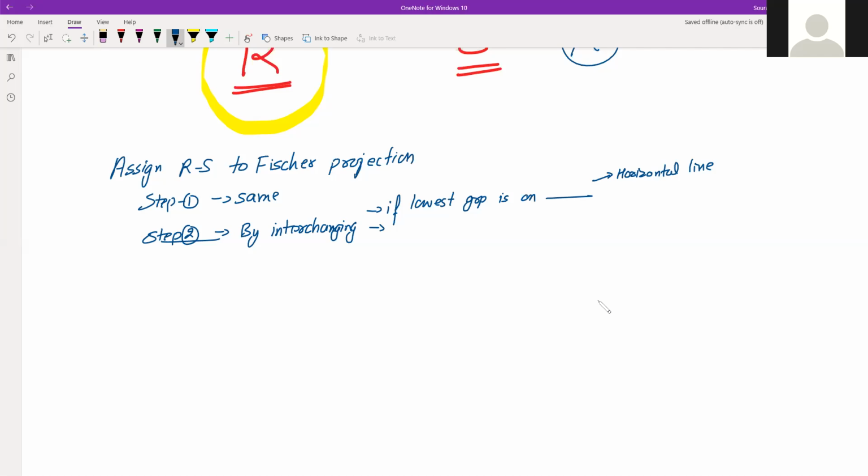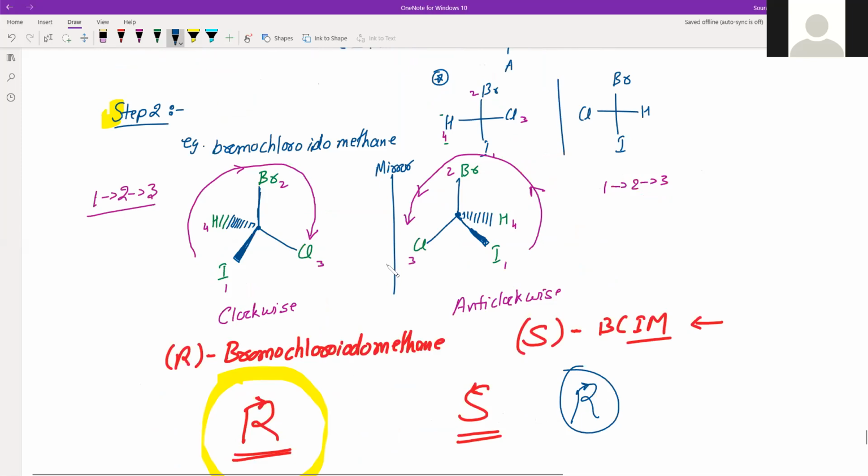Then no problem. Did you understand the first one, the one which we have discussed here? Yeah, this one I understood. This one? S and R, yeah. Okay. Even the next one is R and S, but there we are not drawing this 3D structure which you are seeing here. There we are drawing the Fisher projection. And you are saying that you are not aware of that Fisher projection. So what I'll do is I'll send you a video on Fisher projection, and with Fisher projection, I'll send you a video on how to determine